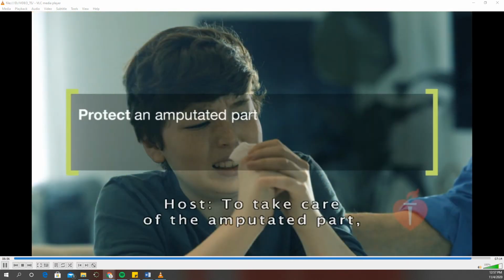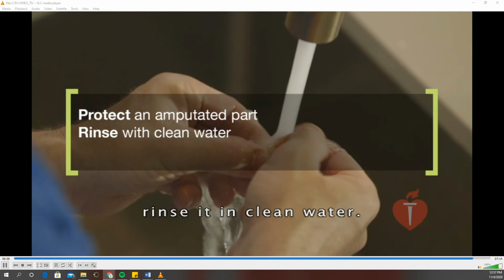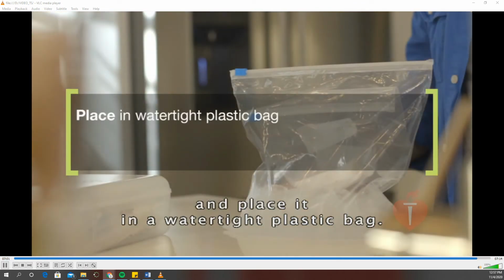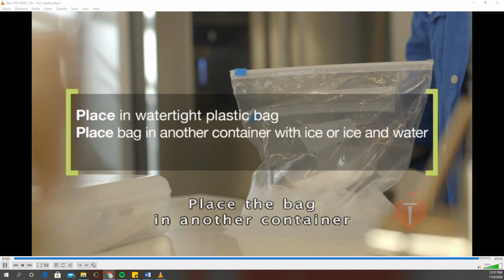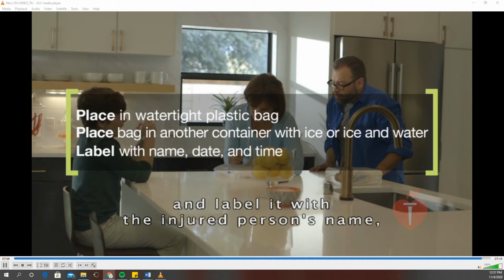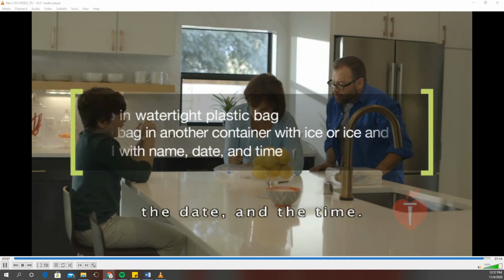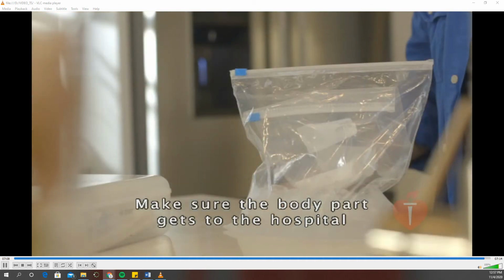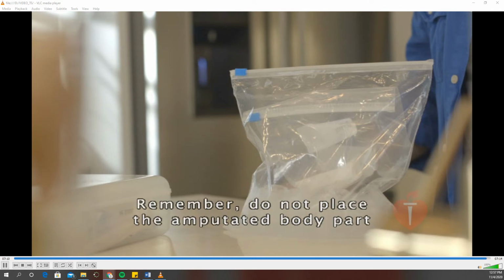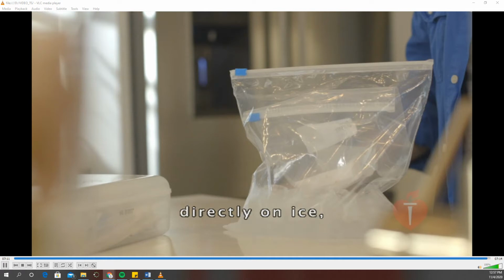To take care of the amputated part, rinse it in clean water, then cover it with a clean dressing and place it in a watertight plastic bag. Place the bag in another container with ice or ice and water, and label it with the injured person's name, the date, and the time. Make sure the body part gets to the hospital with the injured person. Remember, do not place the amputated body part directly on ice because extreme cold can